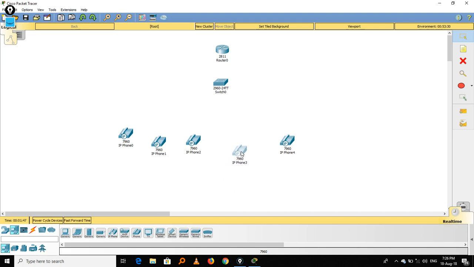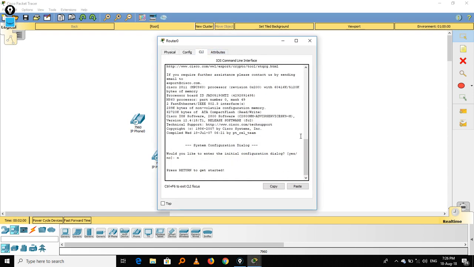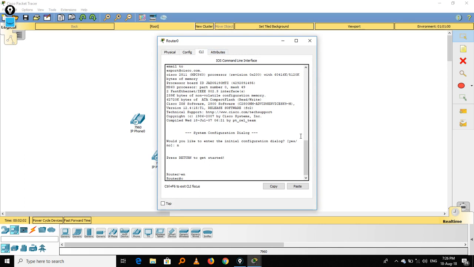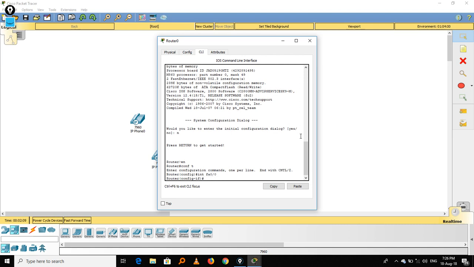Still, the configuration part will remain the same. Nothing changes apart from not creating the sub-interfaces. So go to our router, command line interface. Now enable, configure terminal, interface FA0/0, enter, IP address